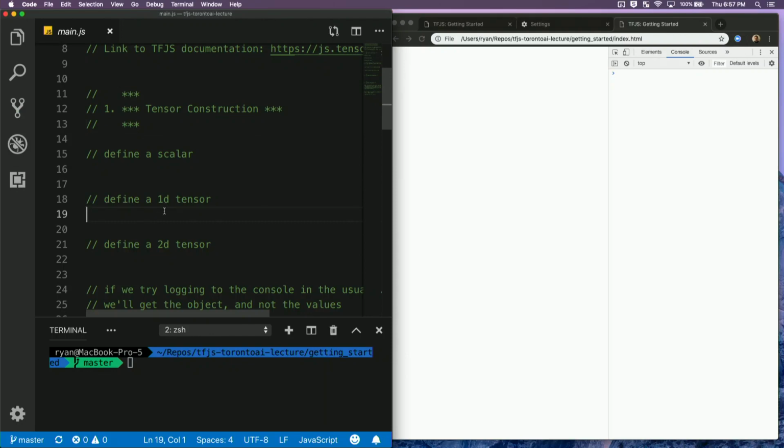So one thing to note about TensorFlow is that whatever you feed into a machine learning model and whatever you get back from a machine learning model needs to be within an object called a tensor. For all intents and purposes for us, you could just think of a tensor as a multi-dimensional array. So a one-dimensional tensor is just a vector. So to define a tensor